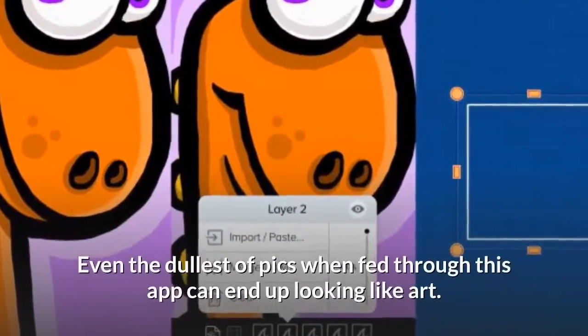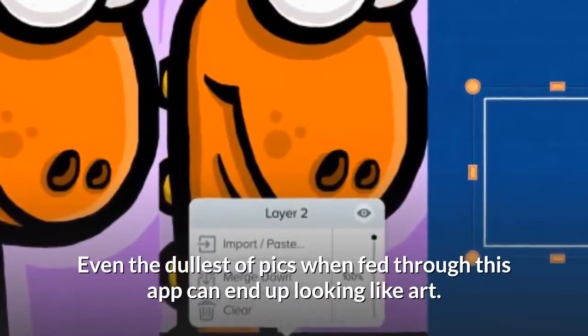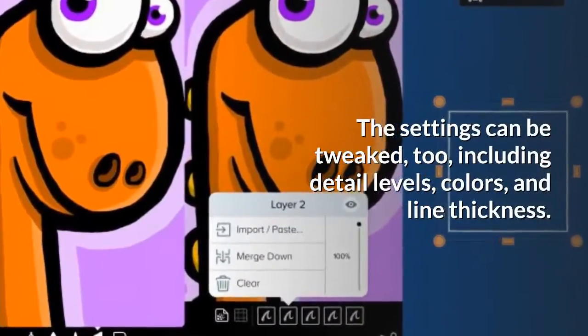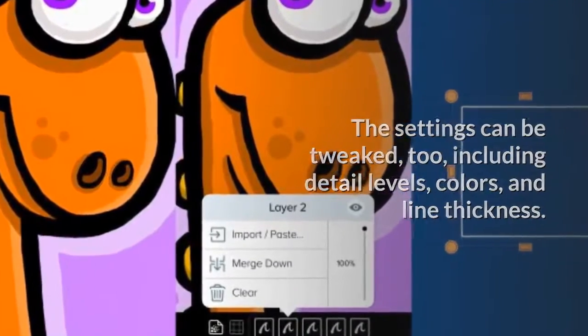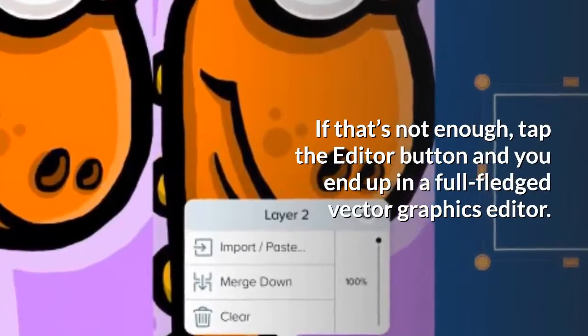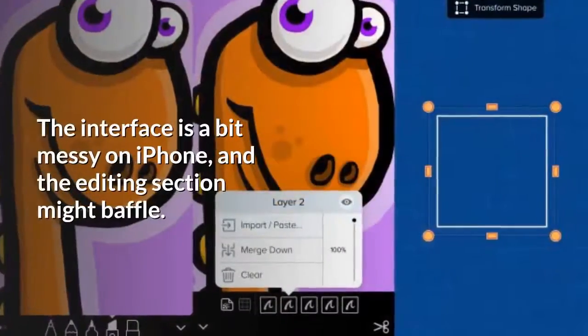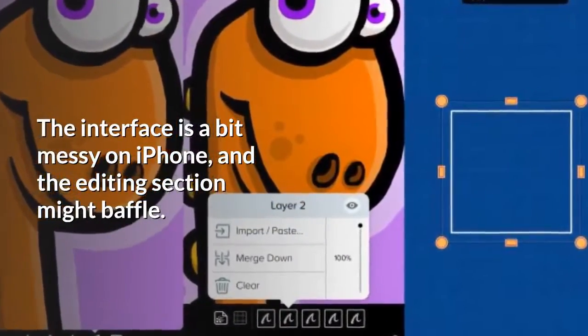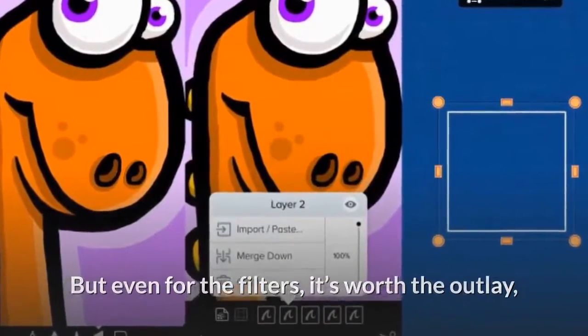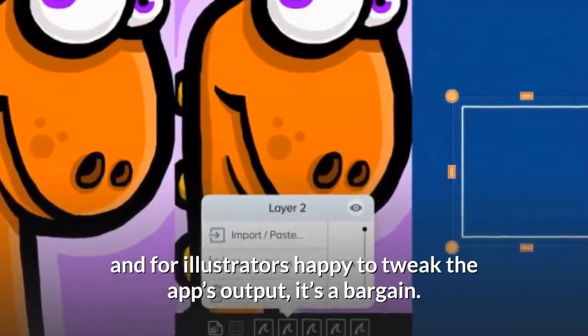Even the dullest of pics when fed through this app can end up looking like art. The settings can be tweaked too, including detail levels, colors, and line thickness. If that's not enough, tap the editor button and you end up in a full-fledged vector graphics editor. The interface is a bit messy on iPhone, and the editing section might baffle. But even for the filters, it's worth the outlay, and for illustrators happy to tweak the app's output, it's a